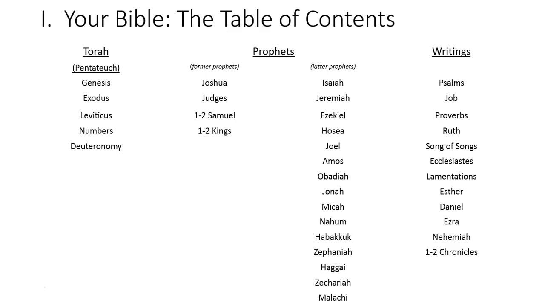So if you go buy a Jewish Bible, this is the order in which the books will be. But you'll notice that in the Christian tradition, those books have been changed in terms of their order, in the sense that the writings have been placed in the midst of the prophets. So, for example, after 1st and 2nd Kings, the Christian Bible puts 1st and 2nd Chronicles, and then Ezra,